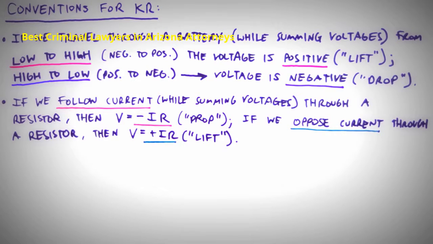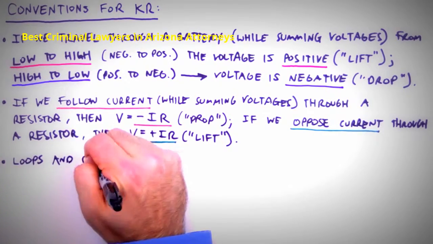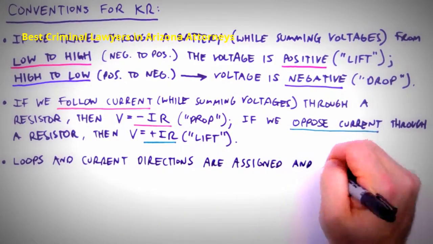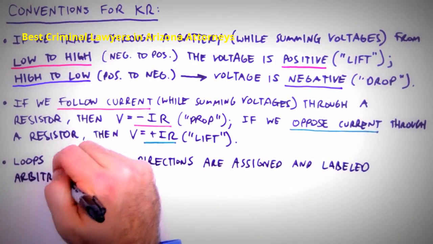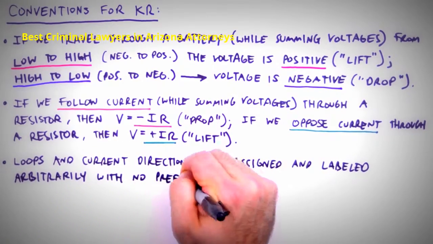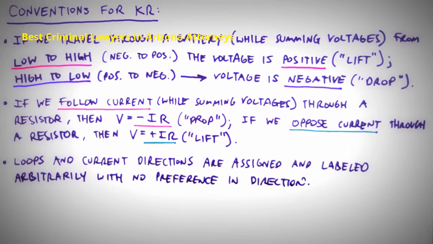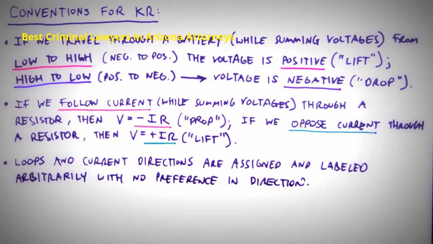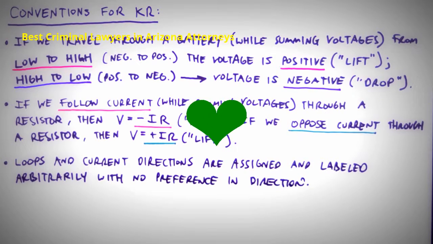Now, a lot has been said about the directions of currents and loops. How are these directions initially decided? This is the best part. The directions of loops and currents are assigned and labeled arbitrarily, with absolutely no preference in direction. So long as the circuit is correctly analyzed using Kirchhoff's rules, the actual direction of positive charge flow will be revealed in our results. So it's kind of like